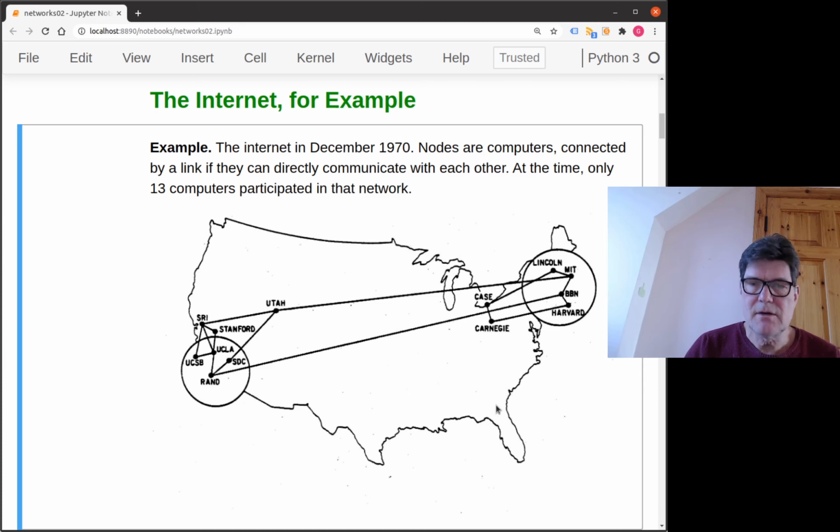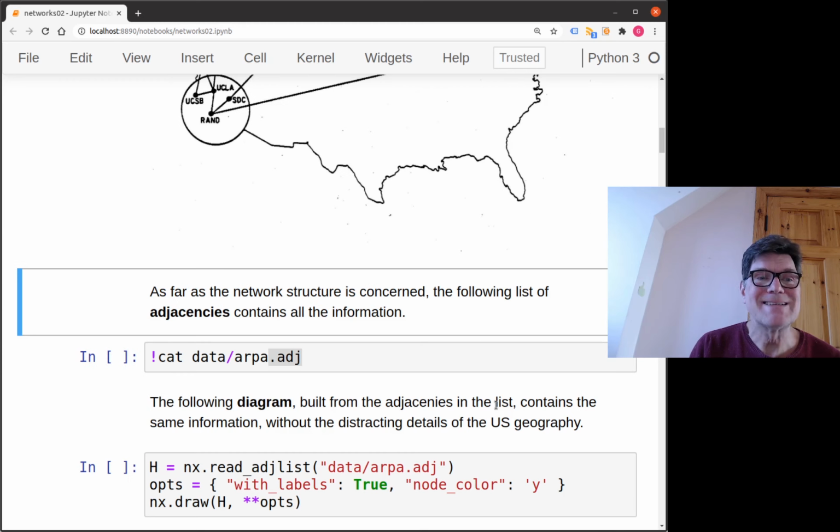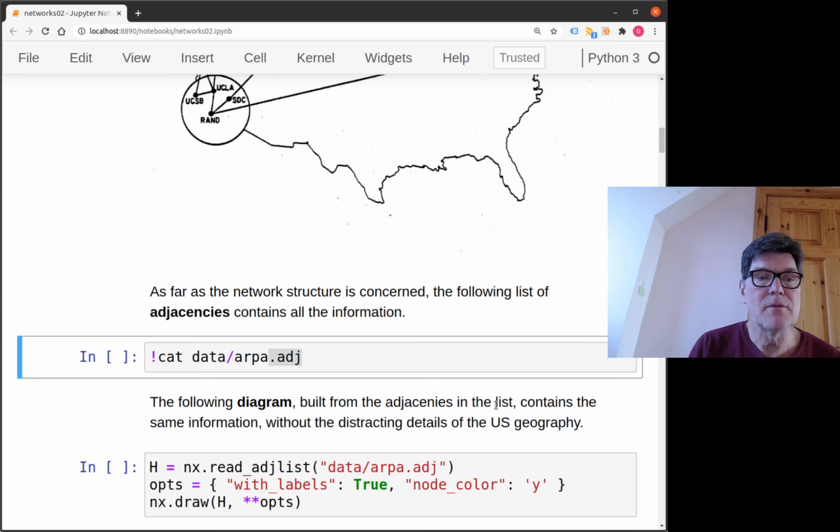And as far as the connectivity is concerned, the bare network structure can be expressed in a much more compact way. For example, in the following file,